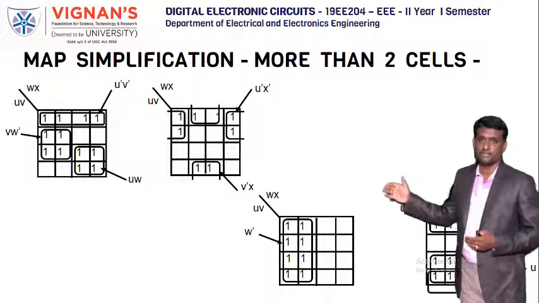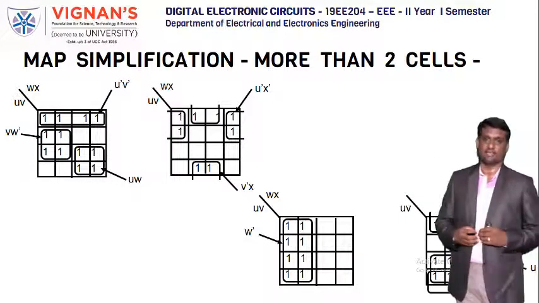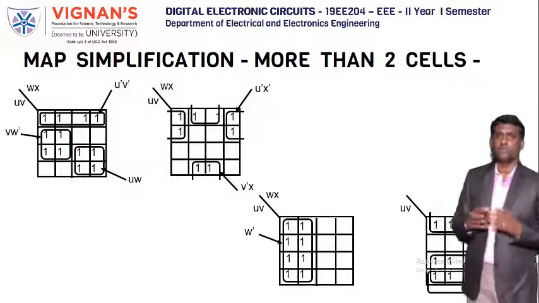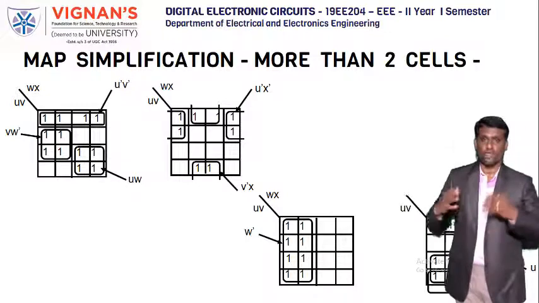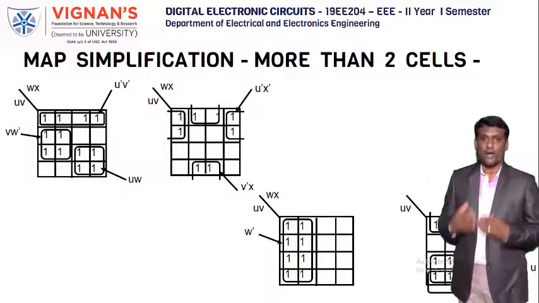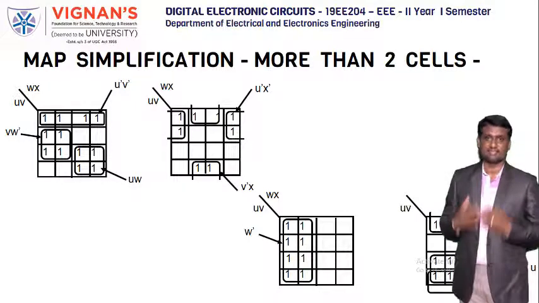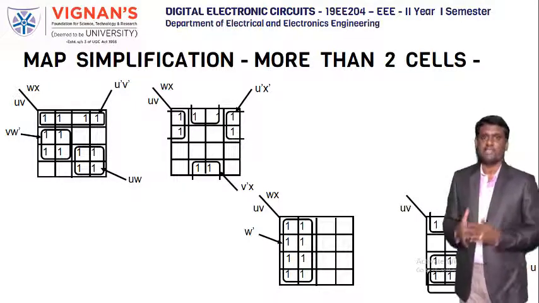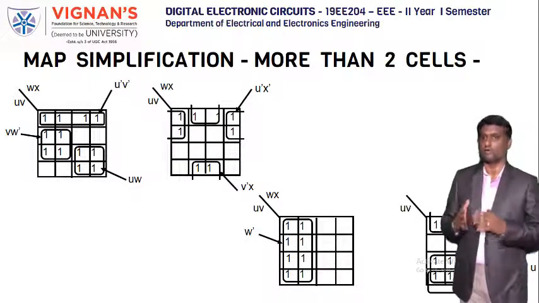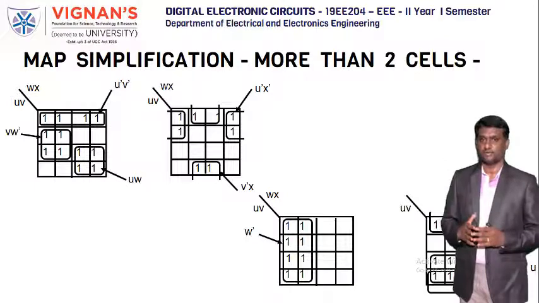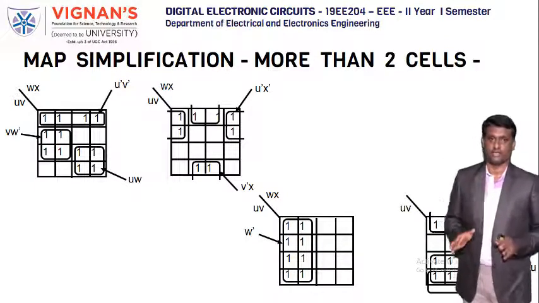cells with ones. So those 4 ones are grouped again. Like that, 4 variables grouping will be done. In this grouping we have to observe that 1 bit difference should be present between the adjacent cells or grouped cells. They should have 1 bit difference. Then only we have to group. Otherwise it won't be considered for the grouping.